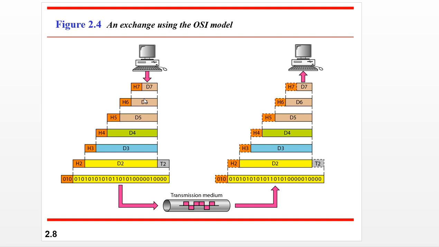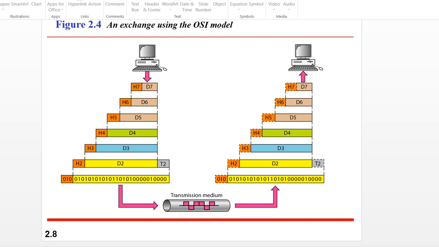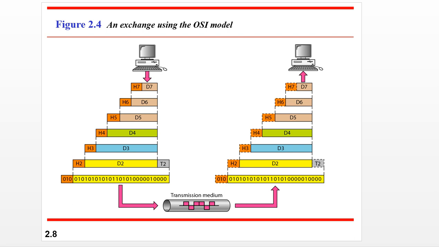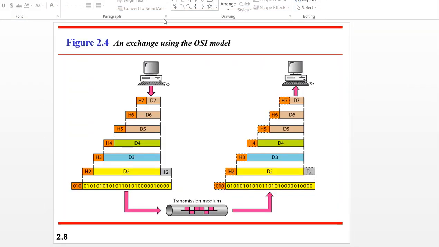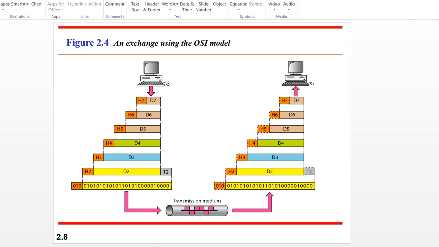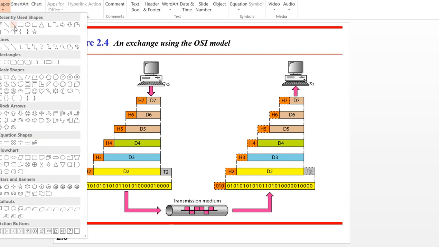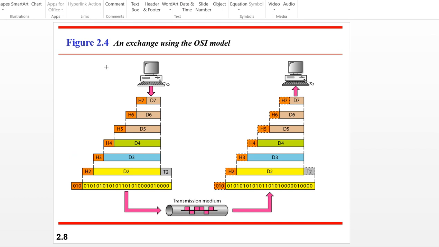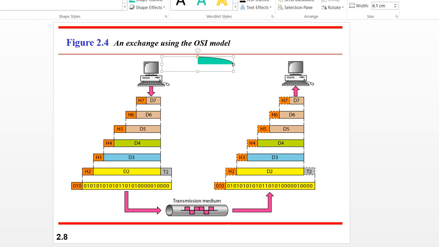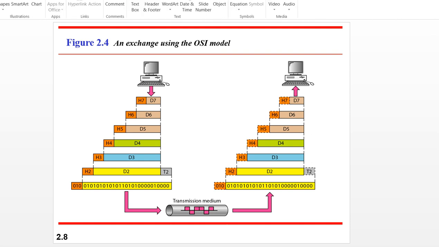As you are seeing right now on the screen, there are two devices, two computers. One computer represents the sender side, so this is the sender computer, and the other one is the receiver side, the receiver computer. You can call these two nodes, sender node and receiver node. Now if any message is transferred from the sender to the receiver, how the data will go and be received at the receiver side, that is our topic right here. For that we have taken the example of layered tasks, that is, the OSI model.